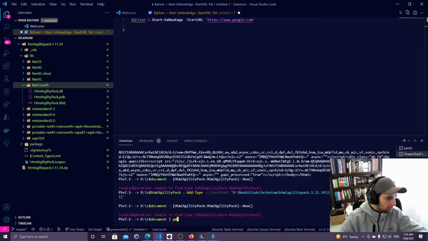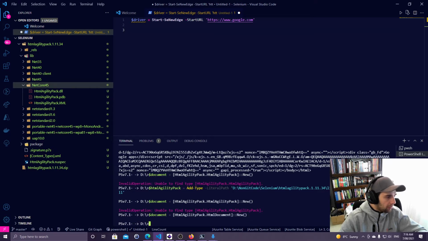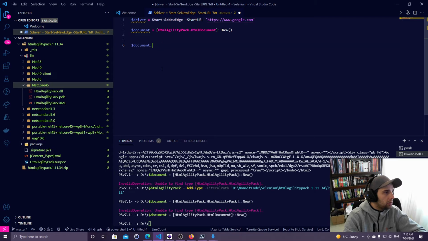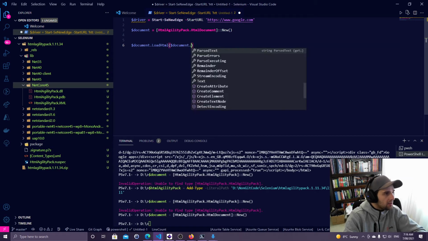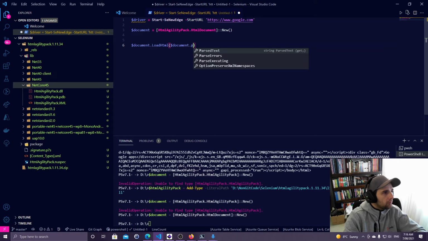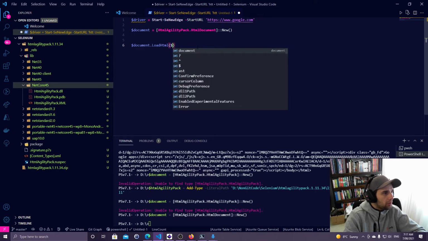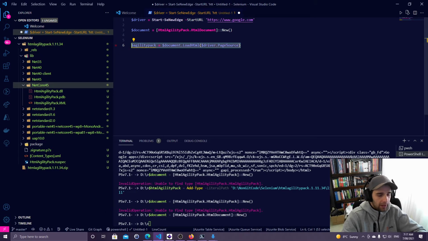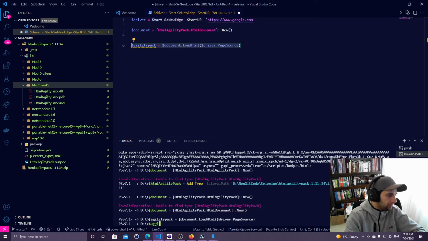But actually, there we go. Now we've got our document. I'm just going to copy and paste that there. So now what we can do is go document, and I'm just going to go here and go load HTML. And we can actually just pass page source, not pass text. Driver. Well, it's not document, driver. We can pass the page source. So now